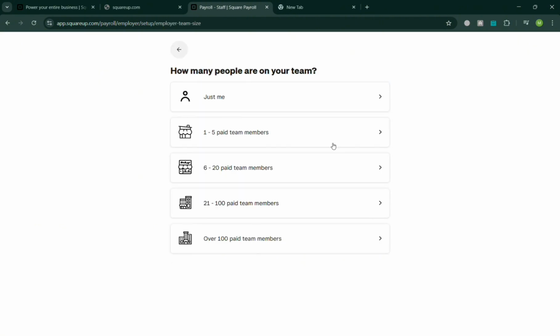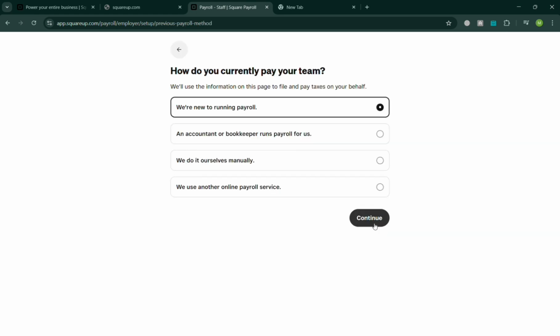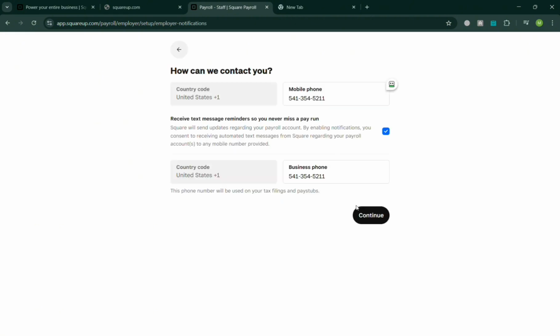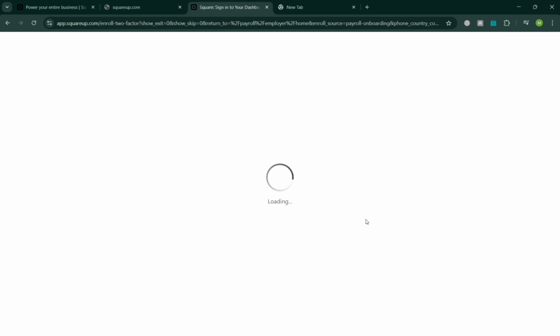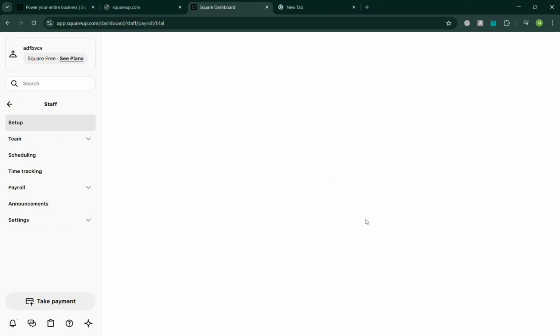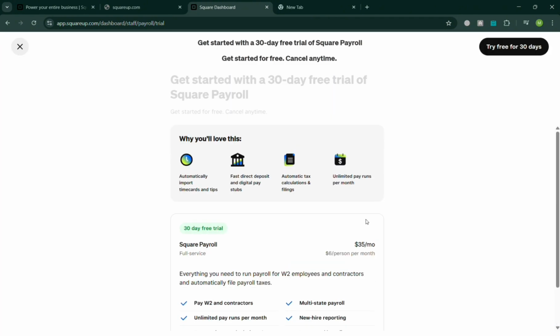Since you already filled out some of this, I'm just going to simply click the continue button once more until you will be directed to the page where you can start entering the payment details upon purchasing the plan that they offer. There's also a variety of plans you can choose from, but I'm just going to choose the 30 days free trial as an example, in which you can even unsubscribe or cancel your plan anytime